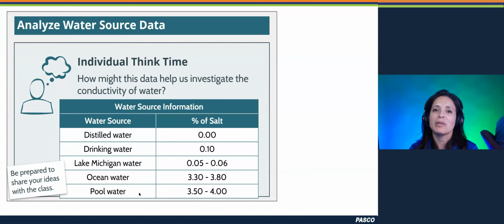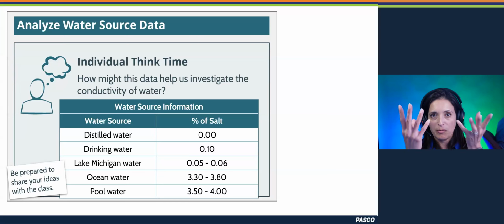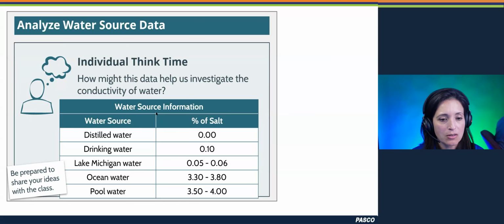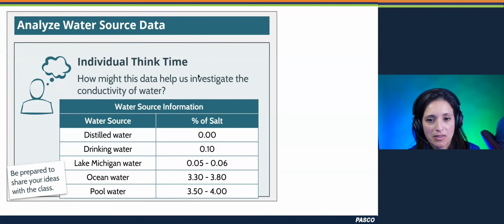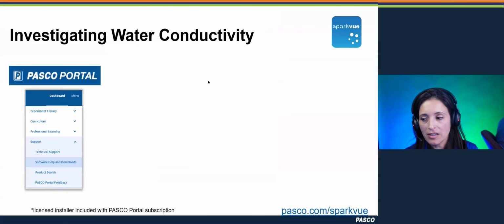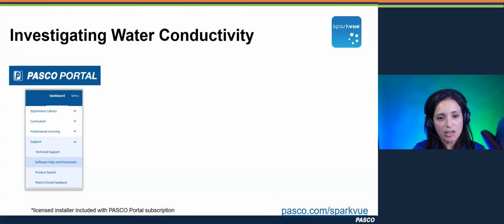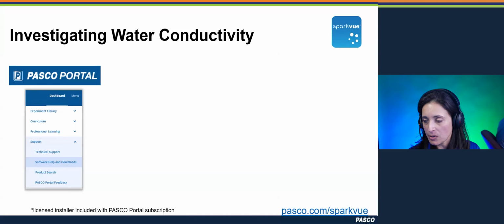And that'll help us design an experiment where we can test our ideas of how salt affects the ability of those charges to move from the bolt to the water. What happens as soon as those charges hit the water? So, going to a shortcut here. Now students can plan an activity, and we're going to investigate water conductivity with the charge sensor, or rather current sensor,